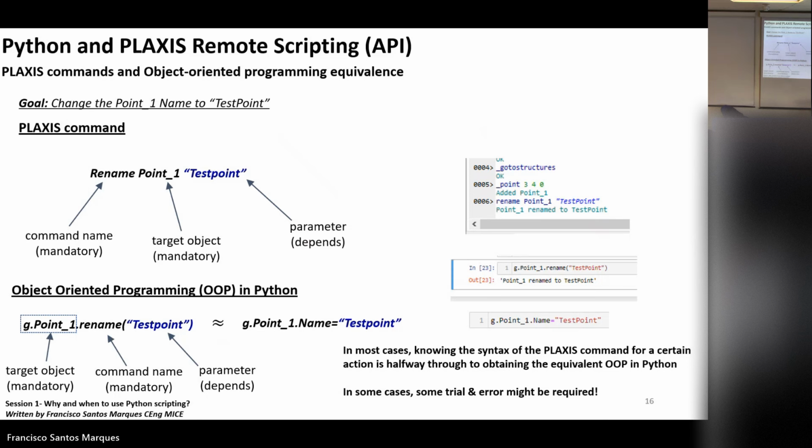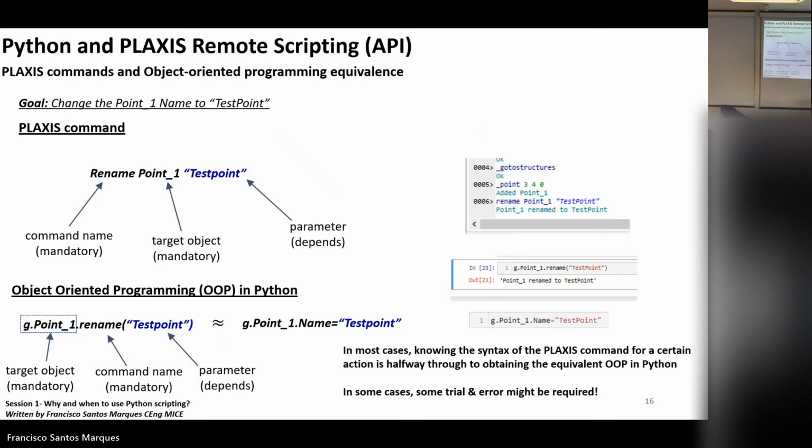But as you can see, if you know the syntax of the command line in Plaxis, then if you want to script something and you don't know how to do it, you can easily get there. You are already halfway through the process, because if you already know the syntax, then with a bit of trial and error you can get there.